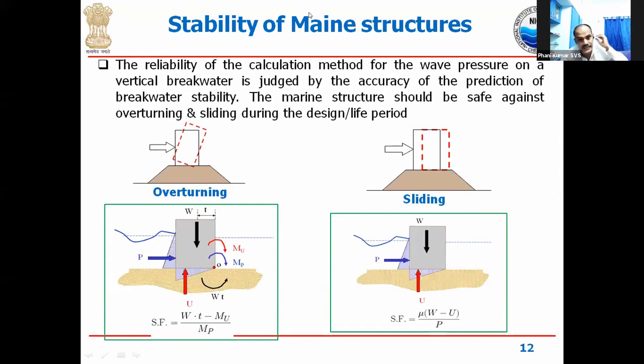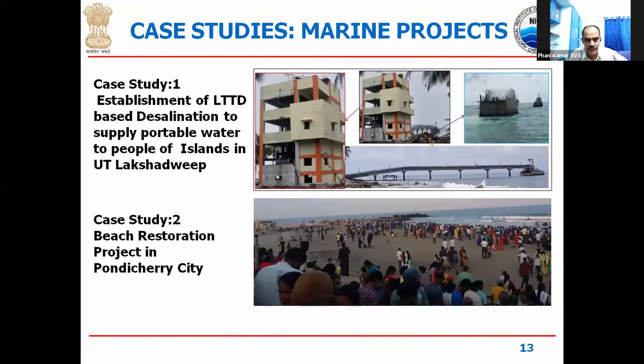So what we do is we construct a 3 meter wing wall on both sides, on the seaward and shoreward side, so that while floating, this wing wall will be used as a buoyancy chamber. And after we sink, we fill this with sand and gravel, so that it will become dead weight after we install. So it will give resistance to overturning and sliding below the water level. These are basically the two structures that I am talking about.